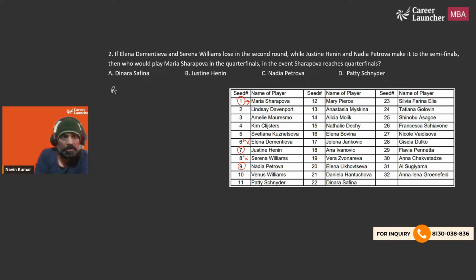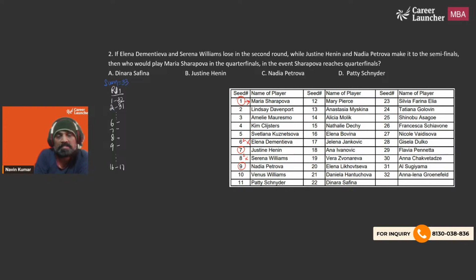So if you look at round number 1, the match is going to be between 1 and 32, 2 and 31. So I'm going to only write down the seeds of the players who matter here. Okay. So it's going to be 6, 7, 8, and 9. Now, how to figure out who is going to play against seed number 6, 7, 8, and 9? For such cases, look at the sum of the seed numbers,